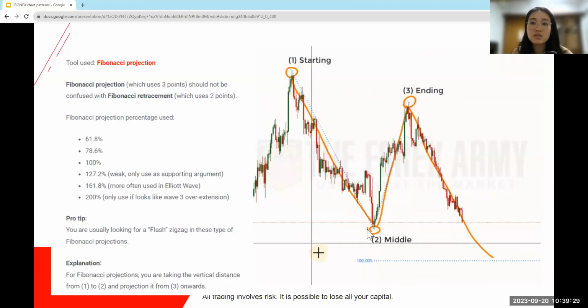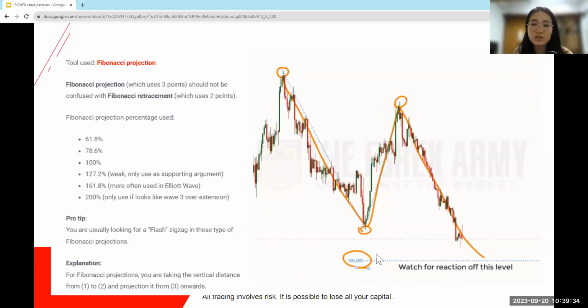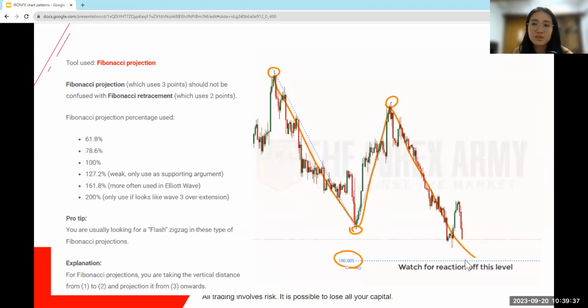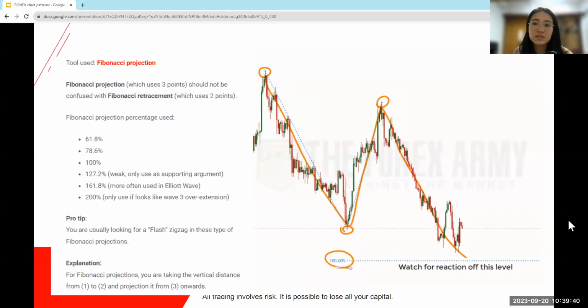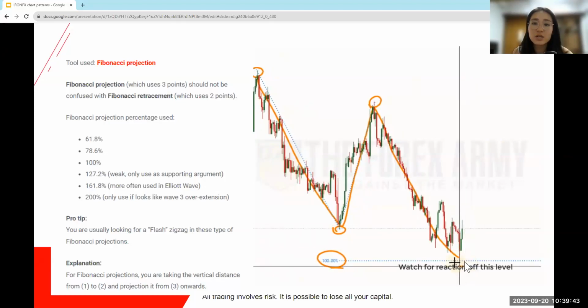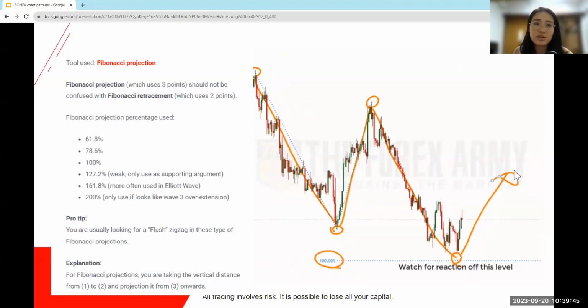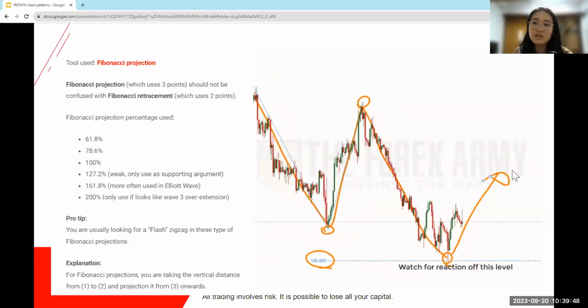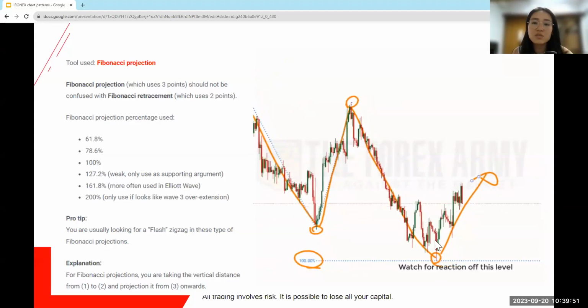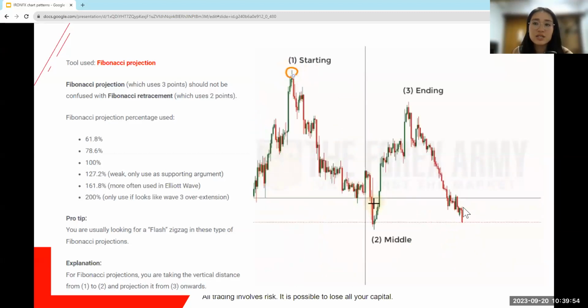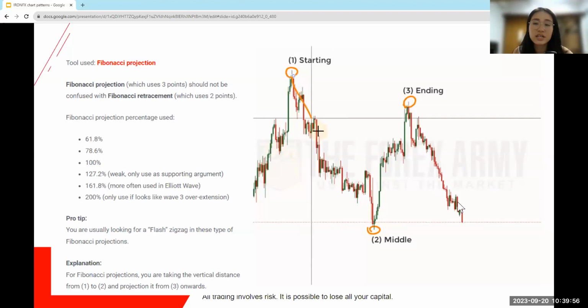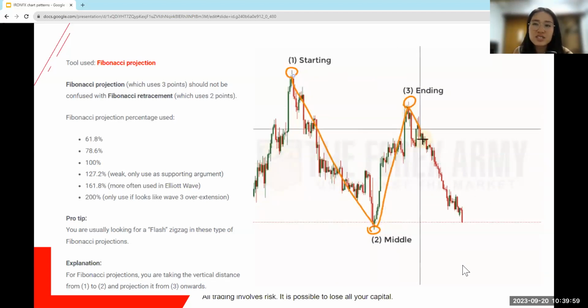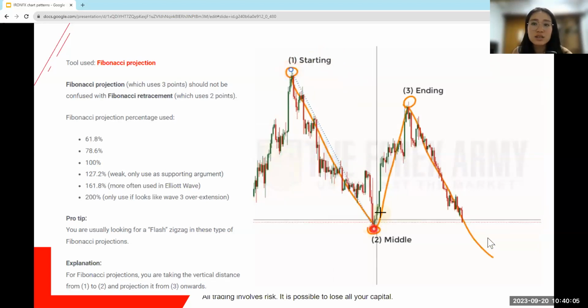Okay, so not included here is the 61.8, 78.6, but we're watching it play off of the 100%. Okay, and you can see it reached 100% before reversing off of it. Okay, but something I wanted to mention is that you can see that the wick of the candlestick just nicely touched our 100% level, which is why it's important that you take note of your trade management